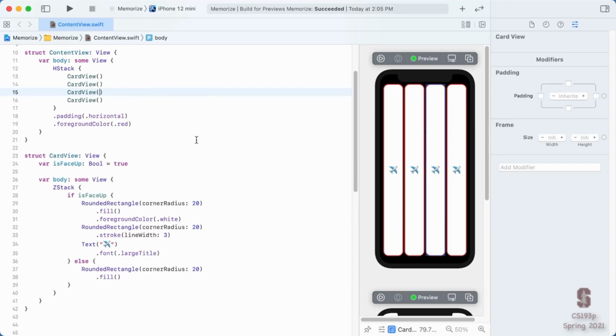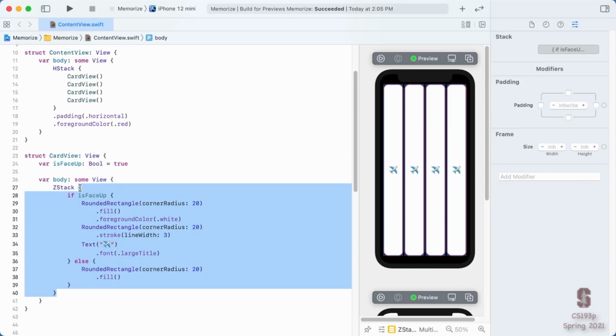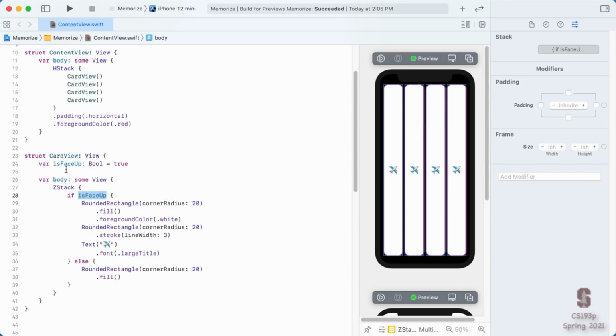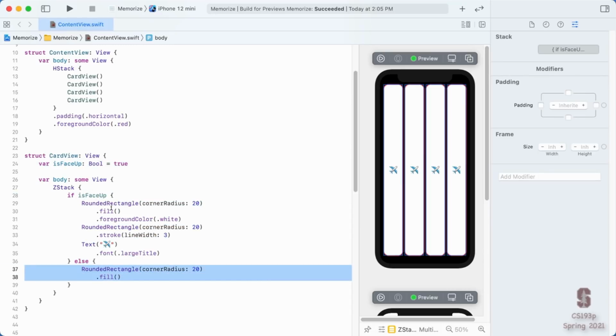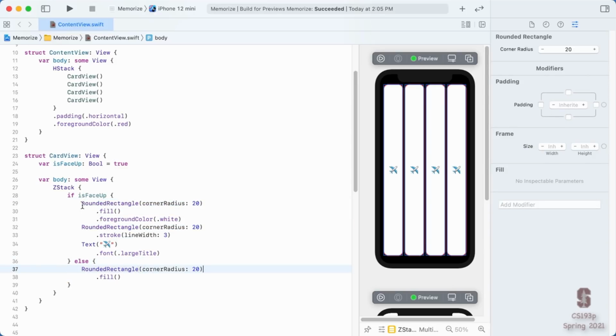Okay, so before we move on with our card here, I want to take a little time out to show you something else we can do with a bag of Legos view down here. When we added this is face up var, we kind of copied and pasted a little bit of code right here to make the back of the card, right? We had this, we copied and pasted it, and I'm just starting to notice that that copying and pasting is resulting in my having this same little expression multiple times in here. And of course, in programming, we don't want to do that. We want to be able to use local variables, for example, to store things like that.